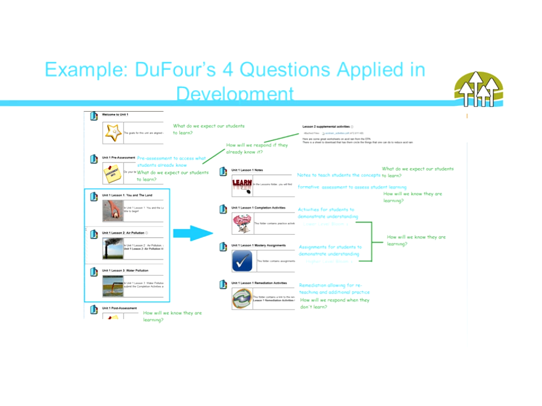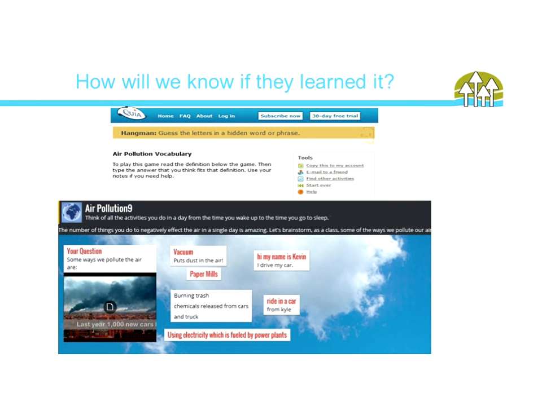And then another piece of how we will respond if students already know it are again those supplemental activities that may be included in the teacher resource folder. And these activities can again be used as enrichment activities for those students who already know it. There are a variety of activities and assessments within each lesson that allow the student to demonstrate understanding. For this particular lesson on air pollution, students played a hangman game to review the vocabulary for the lesson.